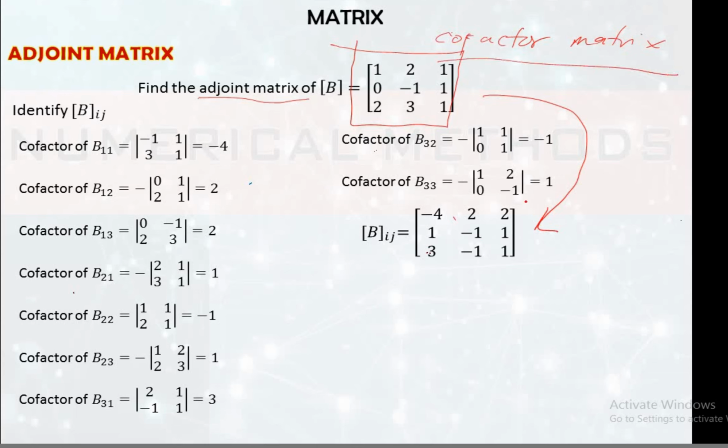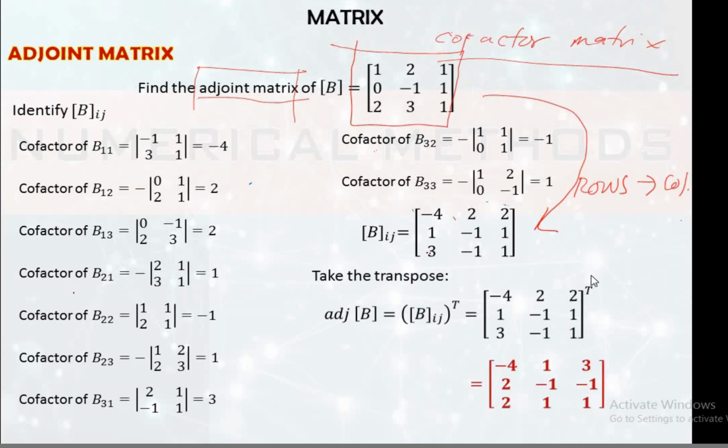Now, kapag itra-transpose mo itong cofactor matrix, yan na ngayon yung magiging adjoint matrix. Ulitin ko yung pag-transpose, yung rows magiging column. Tama? So, for this cofactor matrix, para makuha ko yung adjoint matrix, I have to transpose this. Take the transpose of negative 4, 2, 2, 1, negative 1, 1, 3, negative 1, and 1. Ito na ngayon yung magiging adjoint matrix ko. Pansinin ninyo,